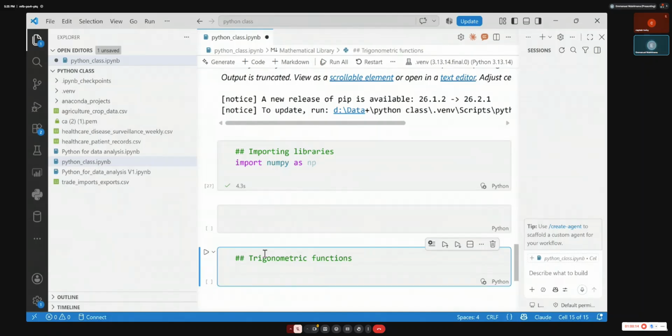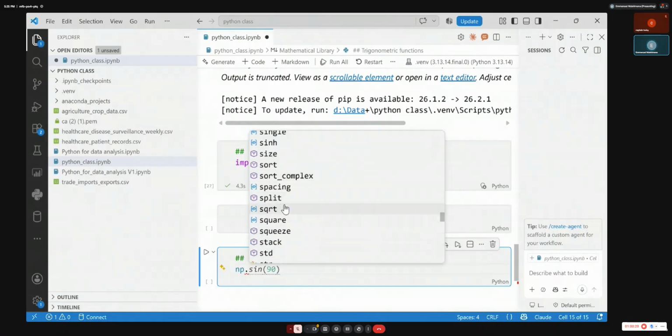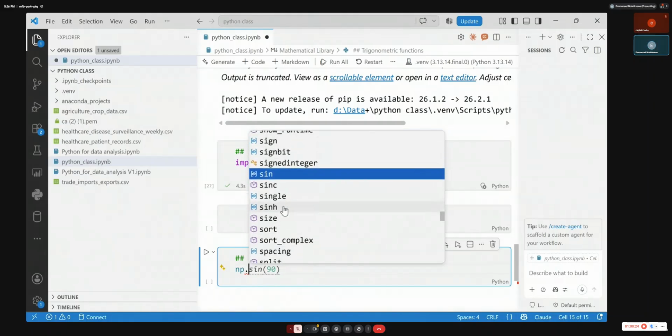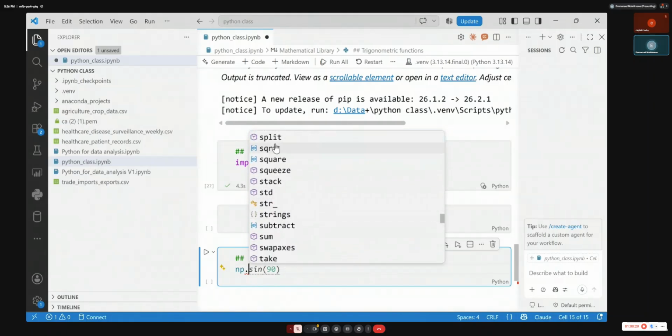Yeah, so I can come and say np dot this. Okay, you see now they are also showing me all the list of functions that I can use inside NumPy. There are size, sort, space, split, square root. You see square root of values. You see sum, take, tangent.